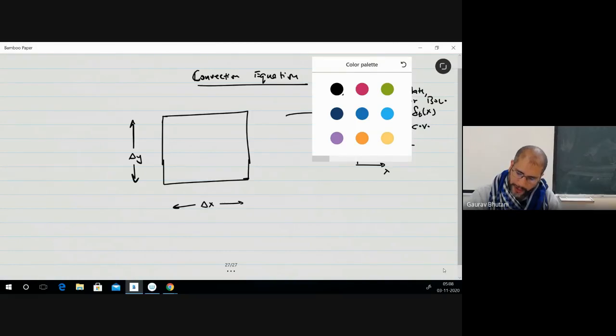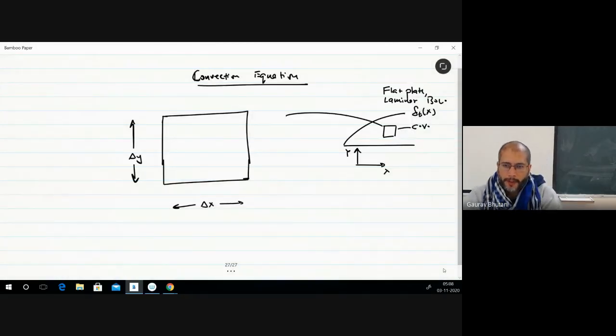So let's do the energy balance now. Let's see what sort of energy is flowing in and out of this volume. Because you have some flow happening in the boundary layer in both x and y directions. Last time there was a question, do we have y velocities? Yes, we do have y velocities inside the boundary layer to ensure that continuity is satisfied. Although that y velocity is not that huge in magnitude, it is still there. Let's take the different faces of this volume and see what sort of energy is flowing through that face.